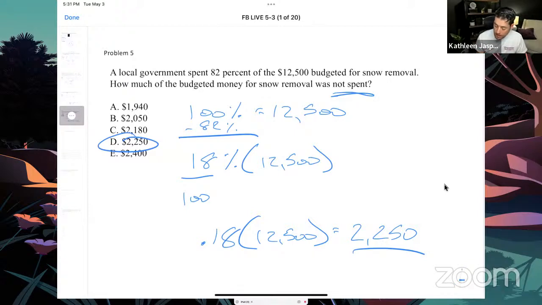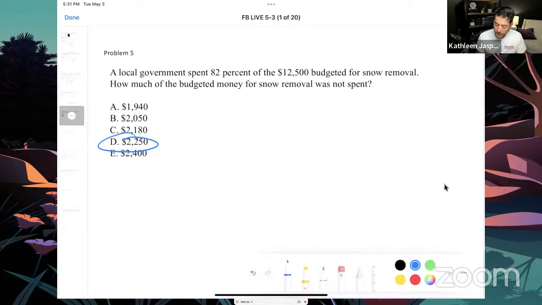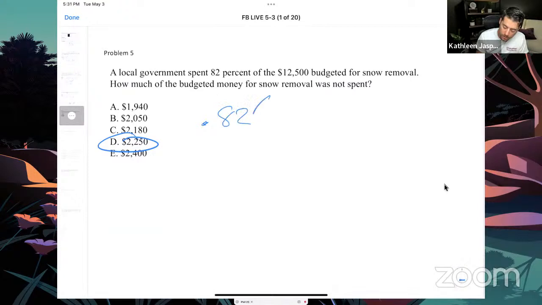The other way, the more common way that I see people do it, is you go ahead and, again, we're going to find the same exact answer. Just a couple different ways of doing it, and that's totally fine. So a lot of people will take the 0.82 times 12,500. What this does is it gives us the value of 82%, because that's what they give you. So 0.82 times 12,500 is equal to